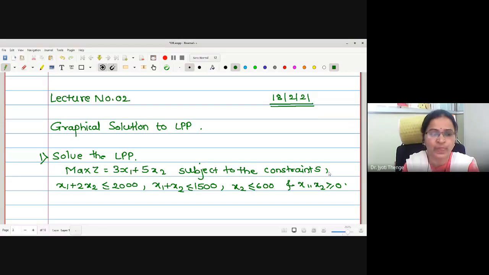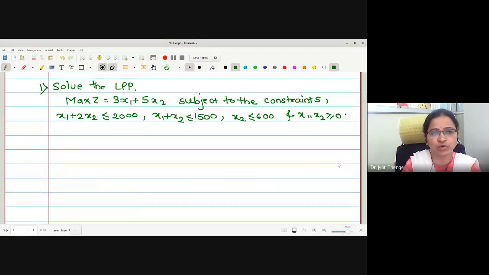Then what is the procedure we are going to follow to solve this by a graphical solution method? Let me just repeat the steps for the graphical solution procedure. In the first step, we are going to consider every inequality constraint as an equation. Next, we will plot each equation on the graph. As each one is a linear equation, geometrically it will represent a line. Next, we are going to find out the feasible region.